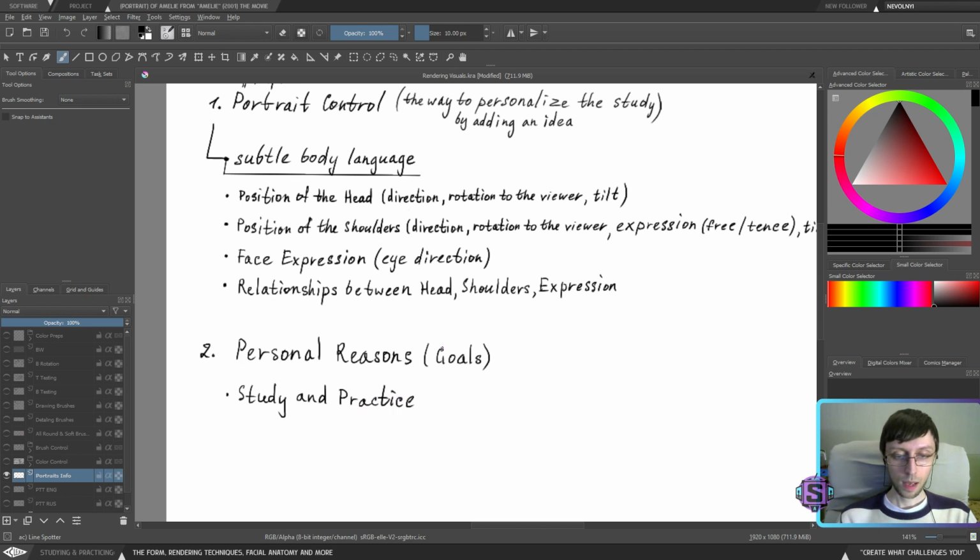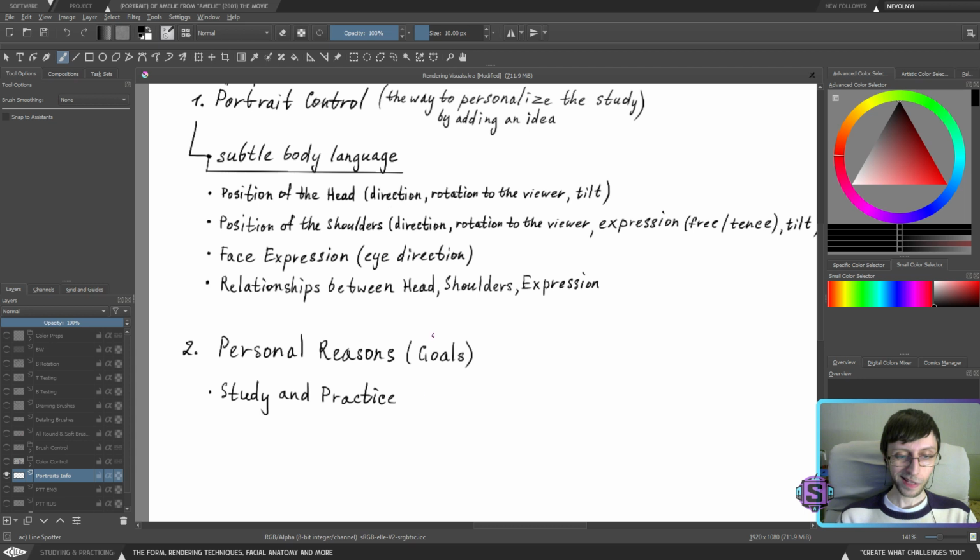Practice. So study and practice anatomy. For now, I guess we need to establish what type of anatomy we need to study, because again, simplifying, I guess facial anatomy? Because again, anatomy is pretty complex and you need to start somewhere.